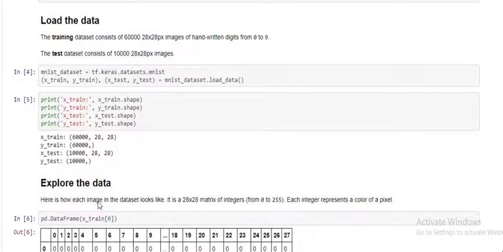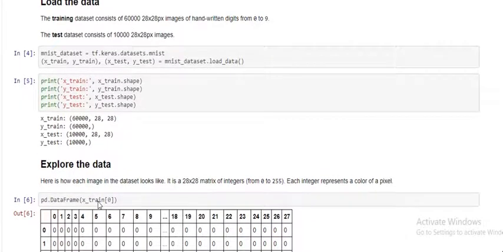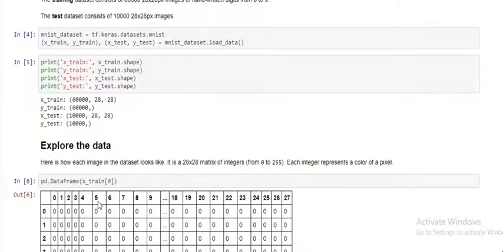Now we have used the MNIST database, which is a collection of plenty of images of the digits 0 to 9. Now we are loading this database into two parts, training and testing.